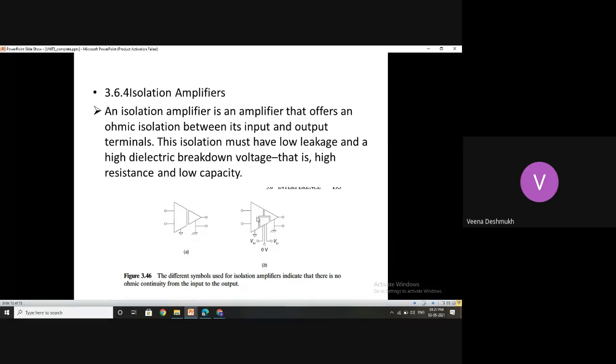So here three parts are connected or used. So it is like a two terminal amplifier, a three terminal amplifier where one reference voltage is connected. So for different applications where the grounding or reference voltages are required, under such cases these six terminal isolation amplifiers are used. Otherwise, four terminal isolation amplifiers are used, where the grounding is common and input and output are given like this, in the regular fashion as we do in the case of op-amp amplifiers.